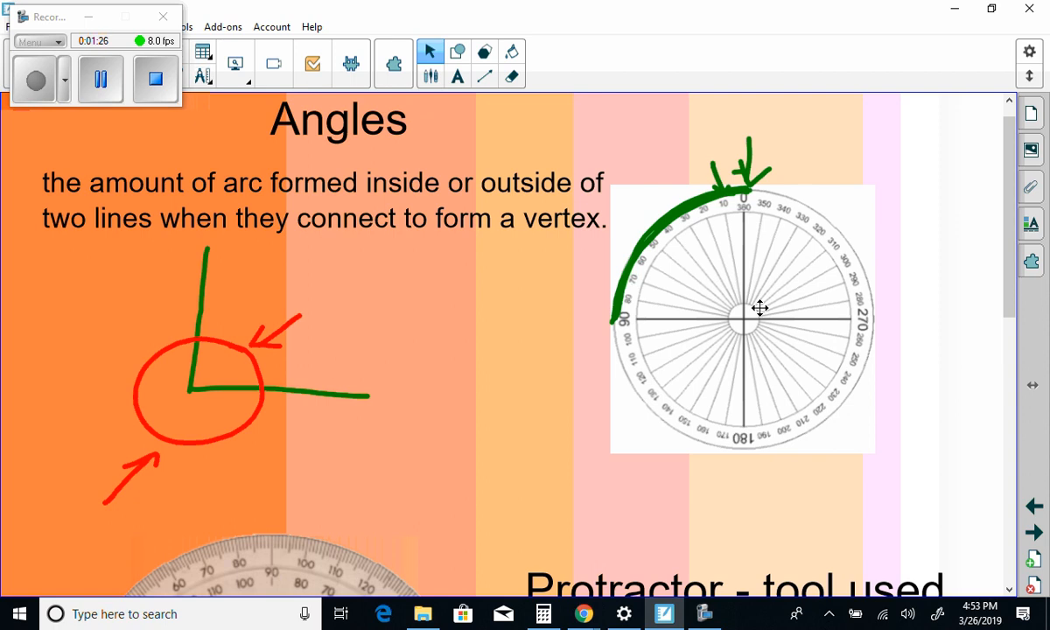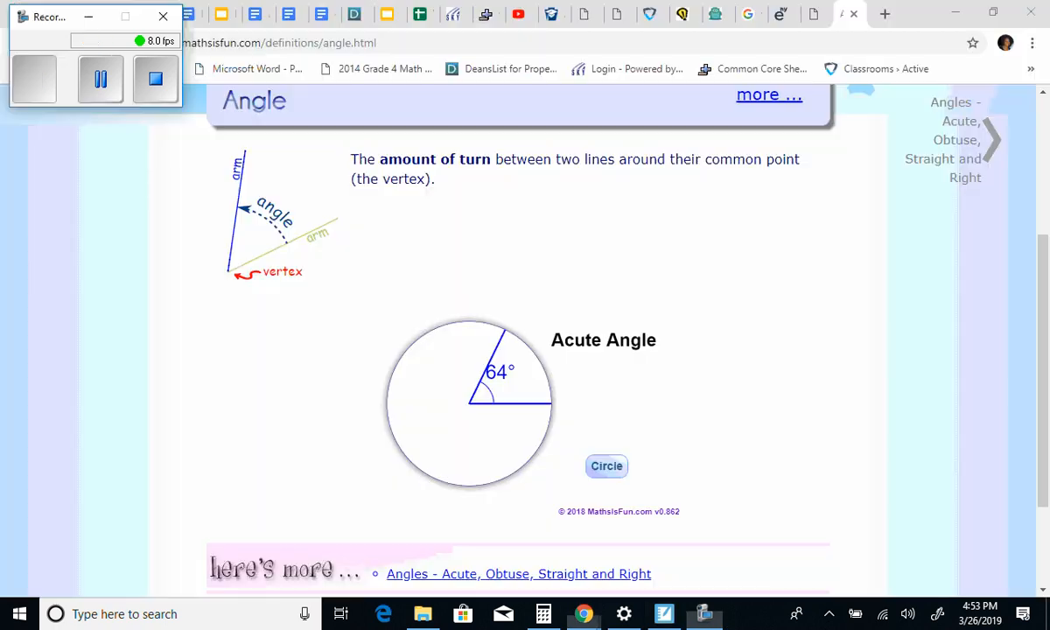I want to show you another site. This is the Math is Fun website, and a whole bunch of math definitions are here. I have a circle here, and I'm able to move the lines around. You see it's at 37 degrees, and it says acute angle. As I move the line up and get right to 90, it says right angle, because a right angle has a 90-degree arc of a circle inside. And as I move around, it starts to get bigger, and it's known as an obtuse